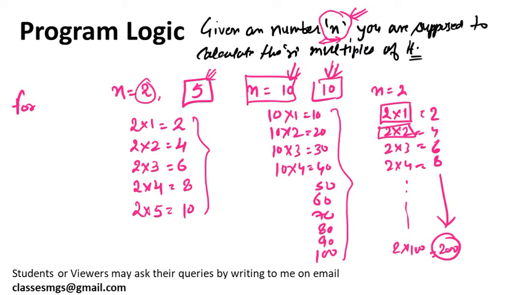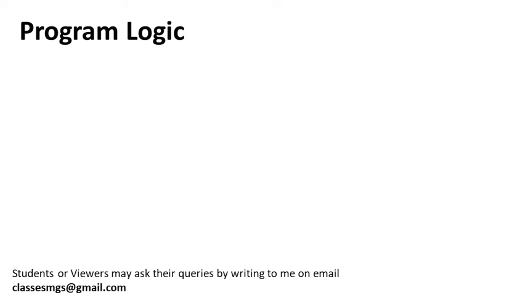So what you need to do here: for i in range, then you enter the value n plus 1. Okay, let me show you, some space is not there, so I am erasing all of this, and let me show you again. How are you calculating 2 into 1? Let's suppose the n value he entered is 2 and he wants 5 multiples. He entered 2, and he wants 2's 5 multiples.